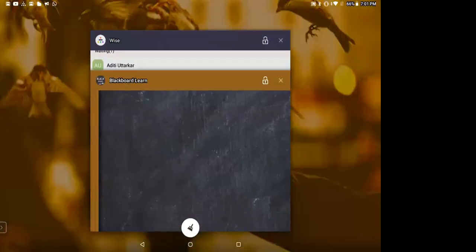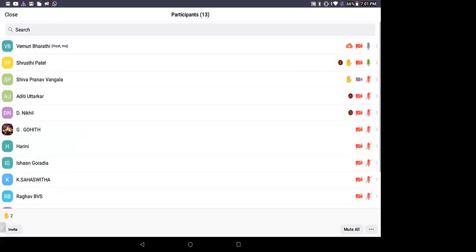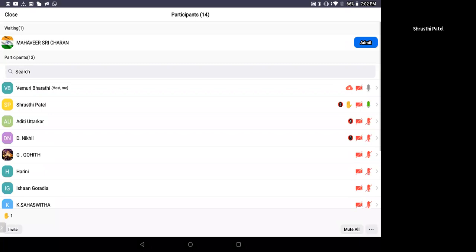Children, any doubts? Ma'am, I did it like this: the number of 5 rupee coins is x and 2 rupee coins is 4x. Then I did 2 into 4x plus 5 into x equals 117. Then 8x plus 5x equals 117, and 13x equals 117. Same thing only we did. Correct. Srishti, what you are doing is also true.